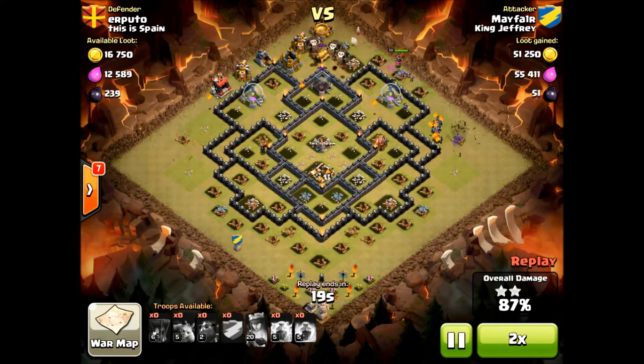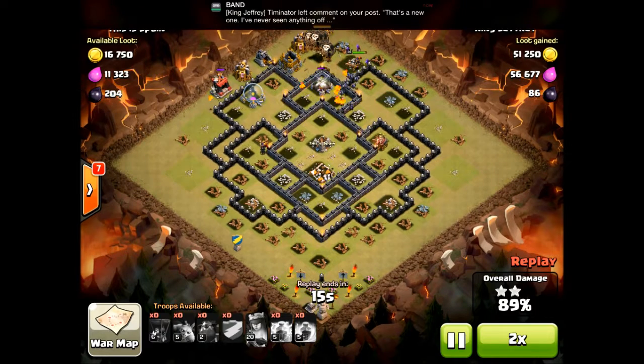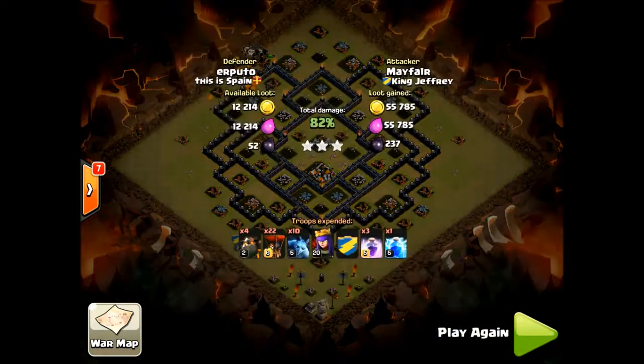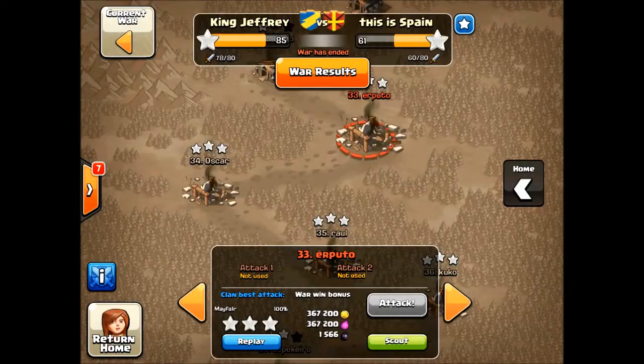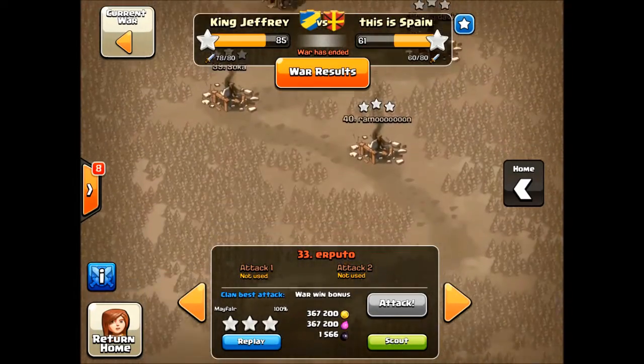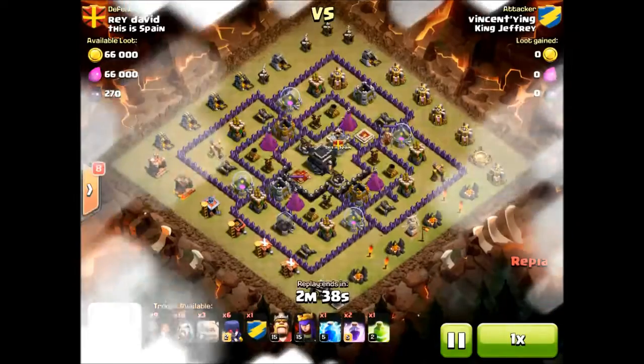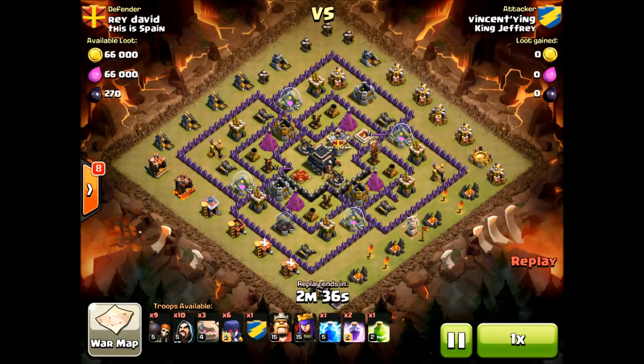We are starting to use a few different raids. We have in the past been known to use mostly Go Wipe, but we are trying to expand a little bit, but we don't want people to stop using Go Wipe. Good raid by May. And one more, I'm going to show one more Town Hall 9 raid, and that is